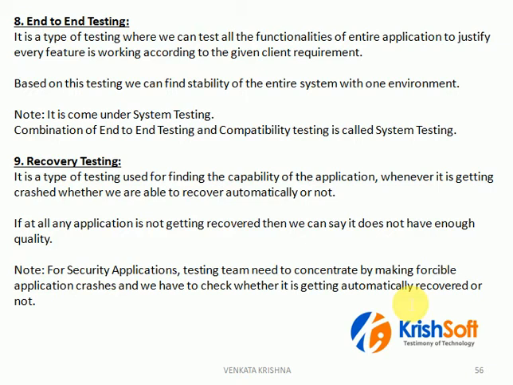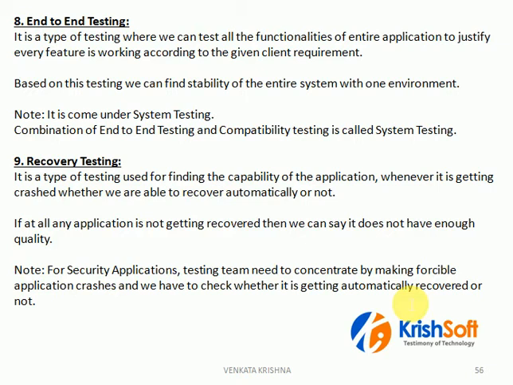Similarly, end-to-end testing means testing all the end-to-end flows in your application. Each and every flow you need to test on any one environment, any one platform. That is nothing but end-to-end testing. If you are testing these end-to-end flows on multiple platforms, that is system testing. So before going to system testing, you will perform end-to-end testing in any one environment and confirm to the client that this application is working fine according to their expectations. Now we are moving to system testing on different platforms.